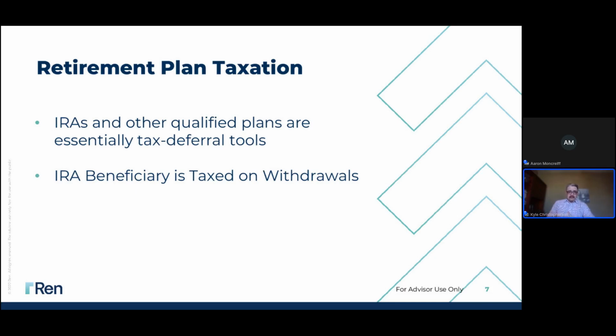The downside on that is whenever you make a withdrawal from that retirement plan, when you hit your retirement age or at death, when it's transferred to the heirs, you have to keep in mind that all of that taxation, all of that income tax is going to be due when the IRA funds are withdrawn. So this is a way that you can grow your assets free of taxation, but you're always going to have that taxation on the backside when you go to withdraw those assets. This is why